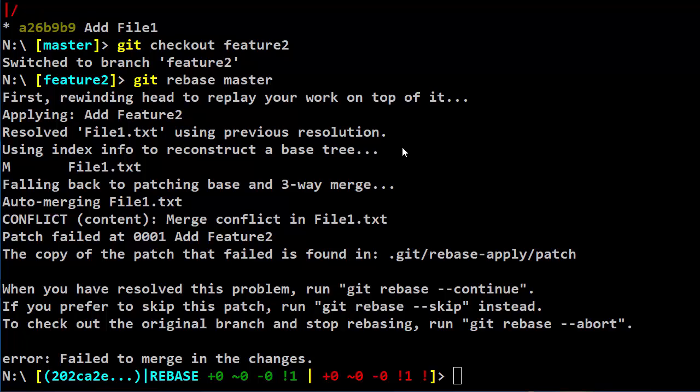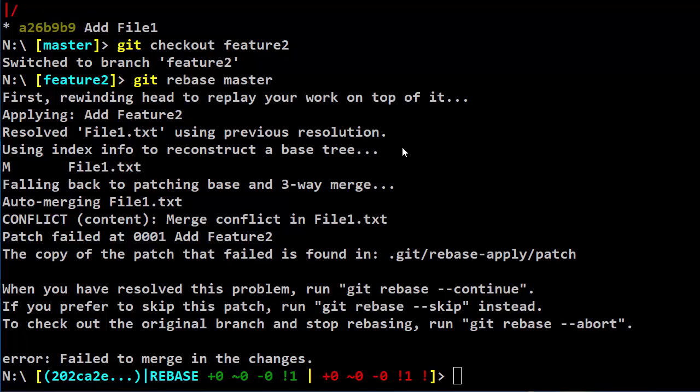Right? If you think about it, Git is still trying to push together exactly the same two conflicting changes that we had before. In the same way that we saw with the merge, if we hadn't had this, then the file1.txt on the disk would have been marked up with conflict markers. But in this case, it's applied the resolution that it's remembered, and so file 1 has been fixed up in